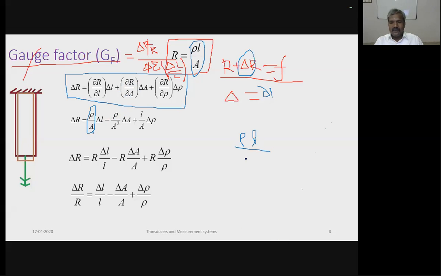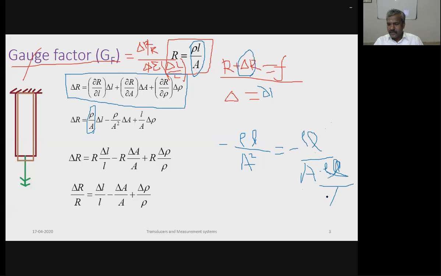Okay, then 1 by A. What is 1 by A? Differential of 1 by A is minus 1 by A square. Clear? A square. Now I am doing a simple manipulation. Minus rho L by, I am taking 1 by A alone. So instead of another A, put rho L by A. Sorry, rho L by